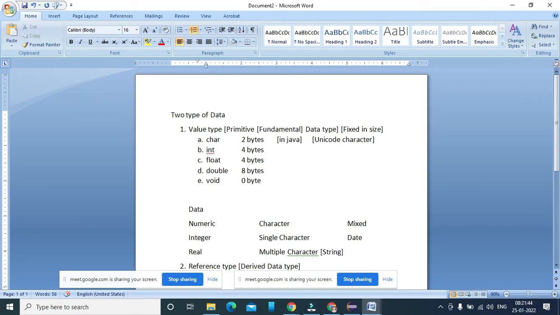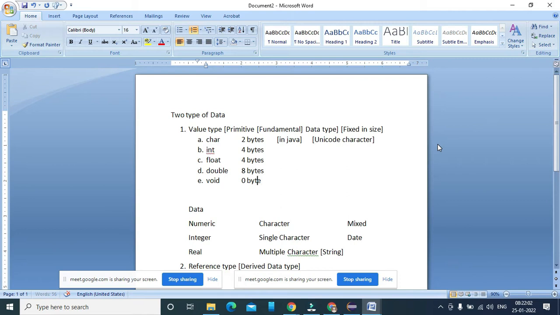So basically we are not declaring void i, or void xyz. Okay, so we are not declaring any variable of void type, but we can use void as a return data type.